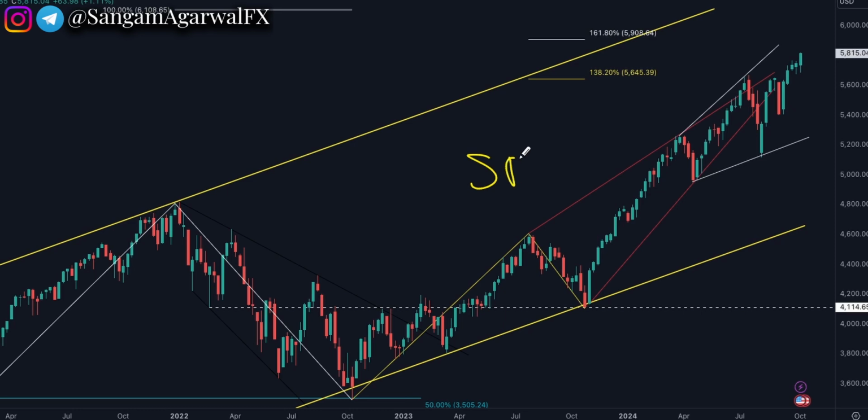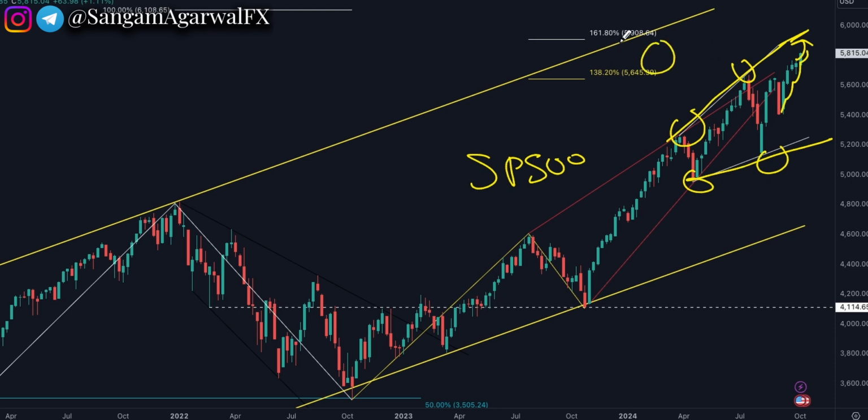S&P 500 weekly chart, we have this expanding triangle chart pattern, price going up, multiple weekly candlesticks, upper trend line retest, and multiple fib projection levels. So this area near 6000 has many resistance zones,